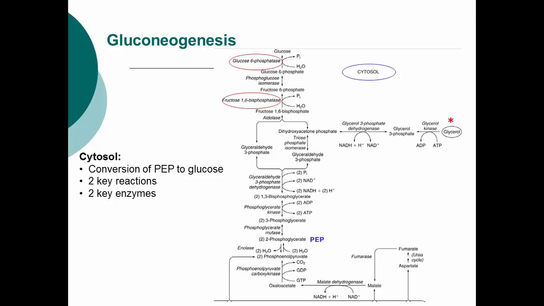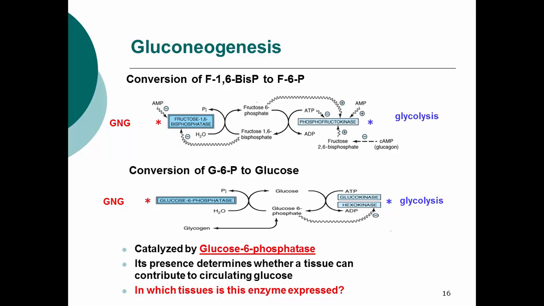And then glycerol 3-phosphate can be converted to these molecules, right? And then enter the rest of the pathways of gluconeogenesis, converted to glucose. It involves these 2 key enzymes in the gluconeogenic pathway. Okay, so these are the 2 last reactions in the cytosol that convert the intermediate eventually to glucose, right? So I highlight here in blue